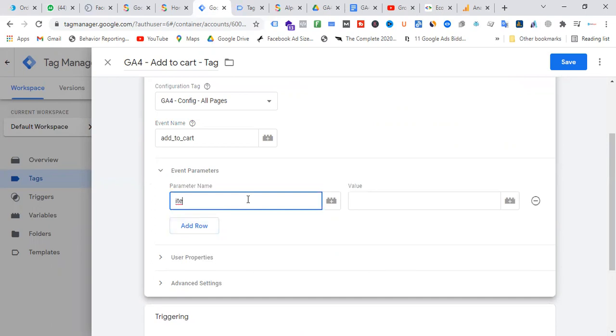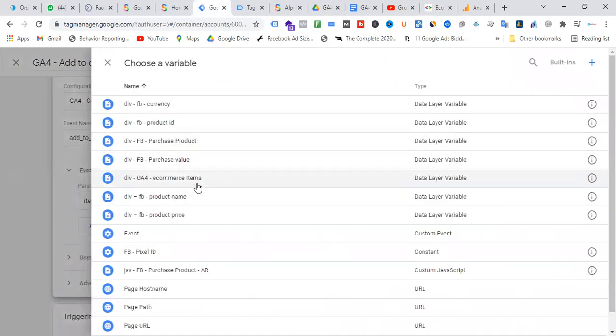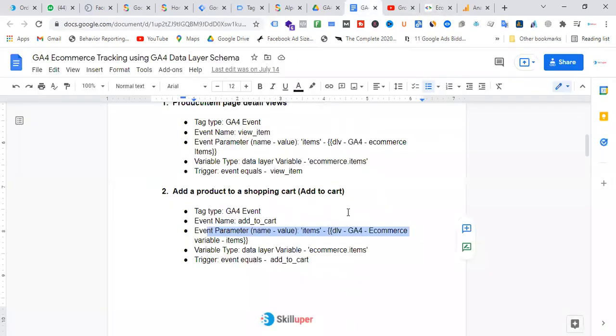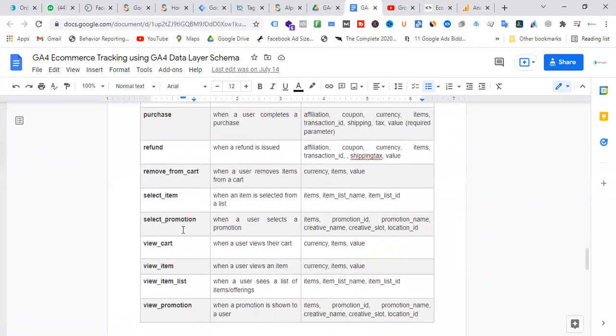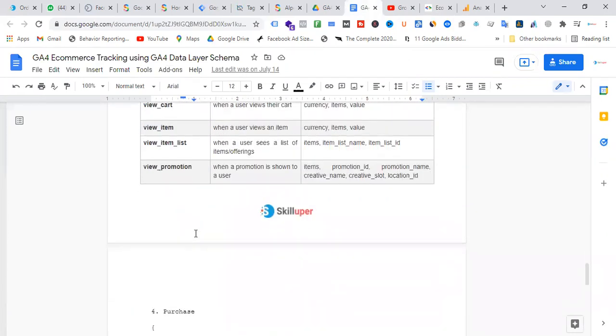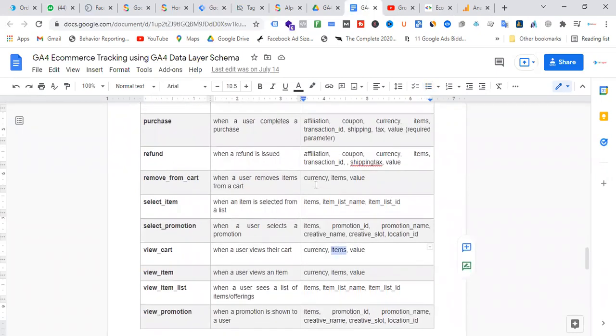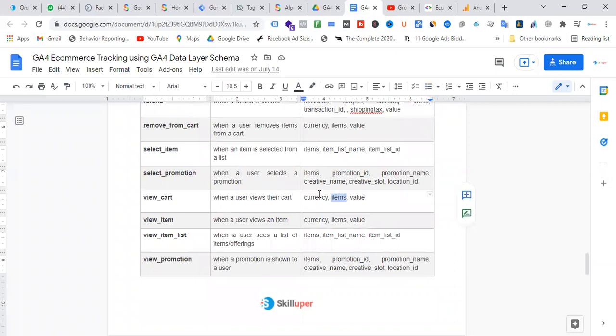items and data layer variable DLV commerce item. Of course it would be the same items. We can check from here. Parameter is items. As well, we can pass the value, currency, etc. using the data layer variable.